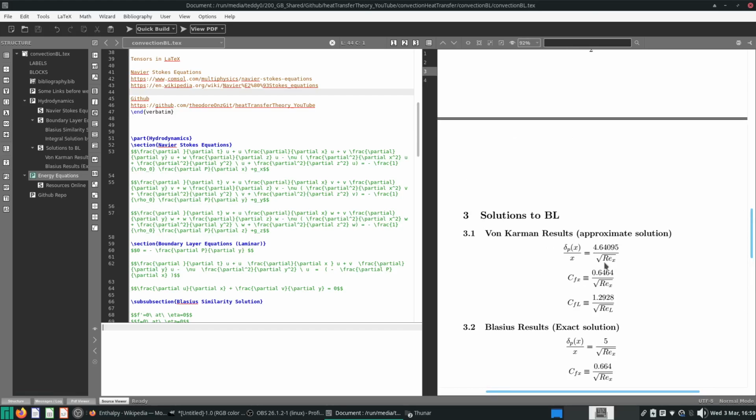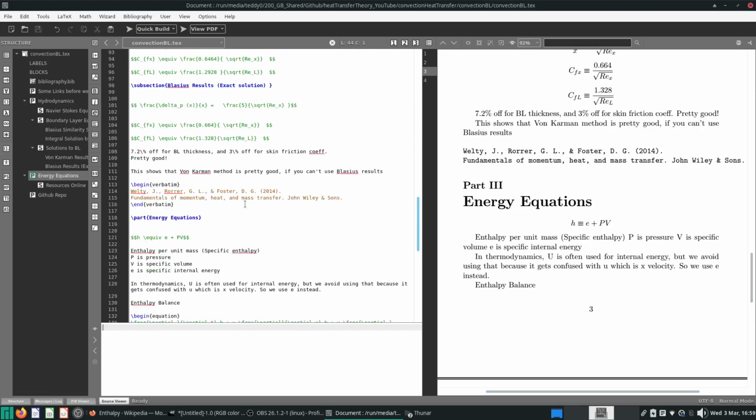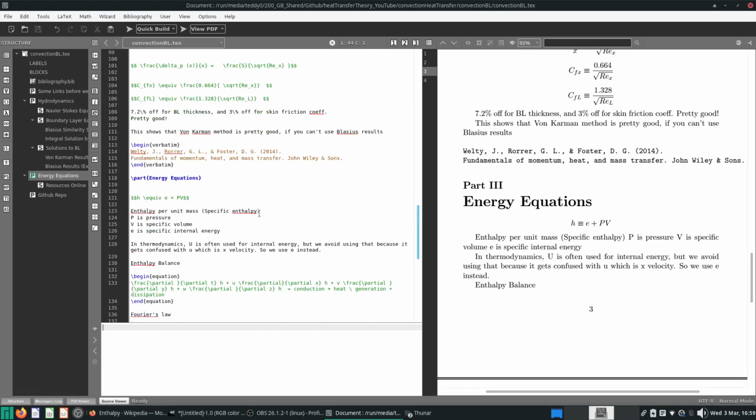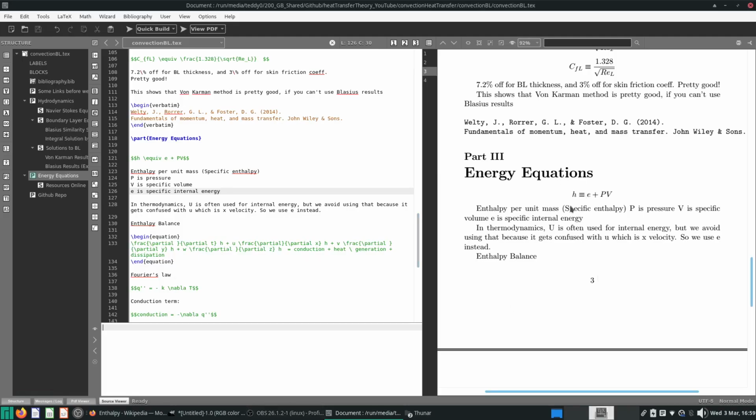Before we start, when it comes to convection heat transfer, the first thing you'll probably have to consider is energy, I mean heat energy. You want to consider heat energy transfer. The variable of choice that we like to use is called enthalpy. Enthalpy is equal to the